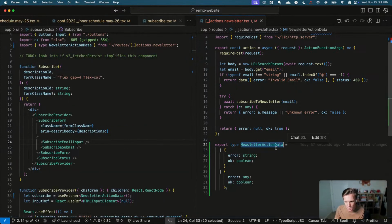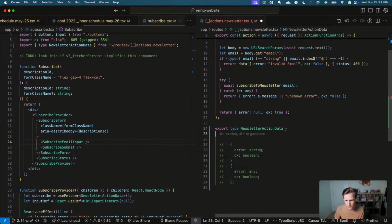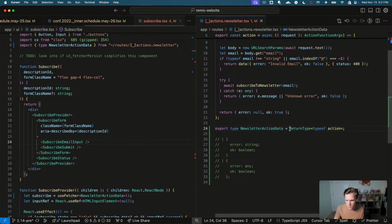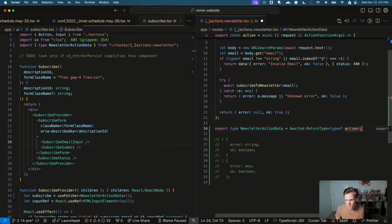And then let's see if I can do a version of this where I'm just inferring it. So it would be return type of that. And then that's like really close, but you need to await it, I think. Awaited. Cool. This is like the most boring part of the upgrade. But